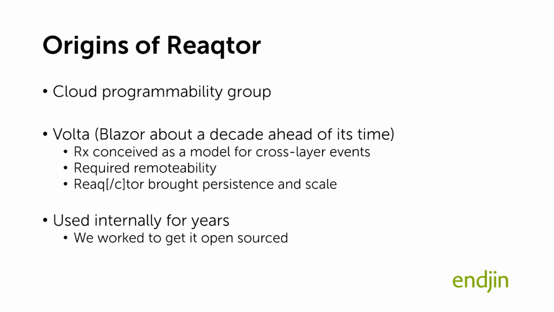And they wanted to have a reliable way to flow events up and down through the system. So if the user clicked a button on the web browser, that could be communicated down into the back end. If your data model changed, it could push changes back up to the front end. And they wanted to unify this. They wanted to come up with a single conceptual model for representing this that would enable distributed flowing of events in a way that could be handled uniformly. And the reactive extensions for .NET were what came out of this. And that was what they were originally designed for. They were designed essentially to enable remoteability of event streams.